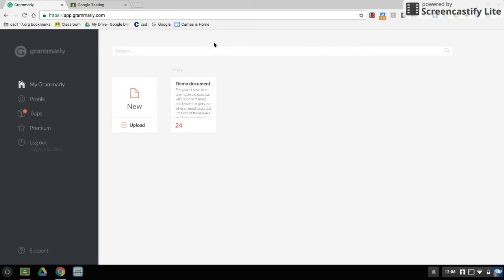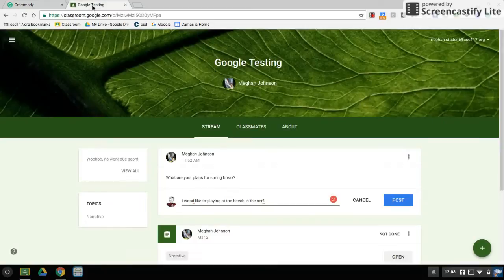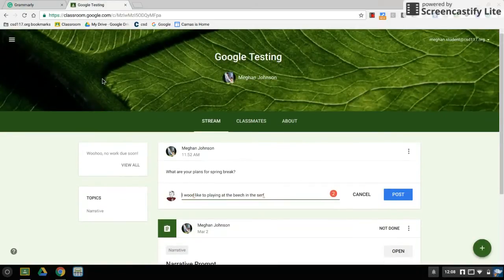Now, when you do first log in, it's going to take you to their website, and there's a lot of tools here, and we'll look at those in just a moment. We're going to start by going to Google Classroom. So the nice thing about Grammarly using the extension is that it is running anytime you're using Chrome. So if you're typing in Google Classroom, Twitter, Facebook, whatever you're using, if it's web-based, it's going to be checking